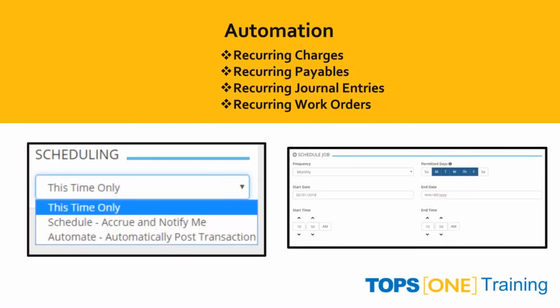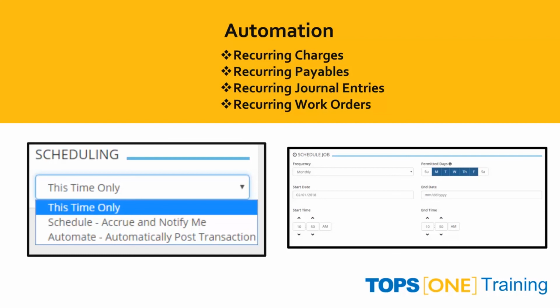Whenever selected on a function within the system, such as recurring charges, payables, journal entries, even work orders, these can be automated. If you see a scheduling indication to the right-hand side of the interface, you'll generally have 3 choices under the drop-down. This time only, which will process this one time,